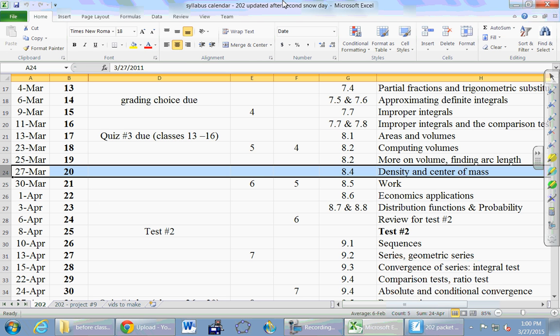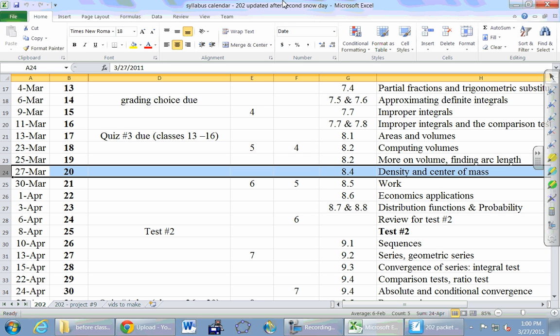Okay, so happy Friday. Today we're going to cover one physics topic. There's a mistake up here. It should just be density is all we're doing. We're not going to do center of mass. This is something that Caitlin and I decided to remove from responsibility this semester after I had already printed this calendar. So just density. Next class we talk about work.